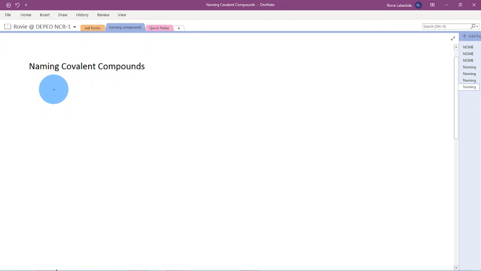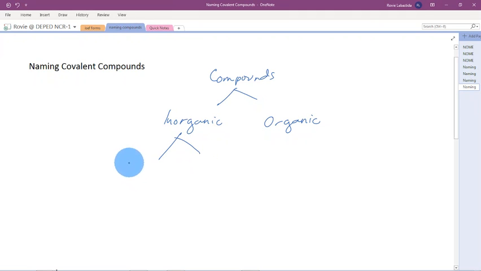So for today, we're going to discuss naming covalent compounds. But before that, let us recall that compounds can be classified as inorganic and organic. And inorganic can be classified as ionic compound or covalent compound. Right. So for ionic compounds,